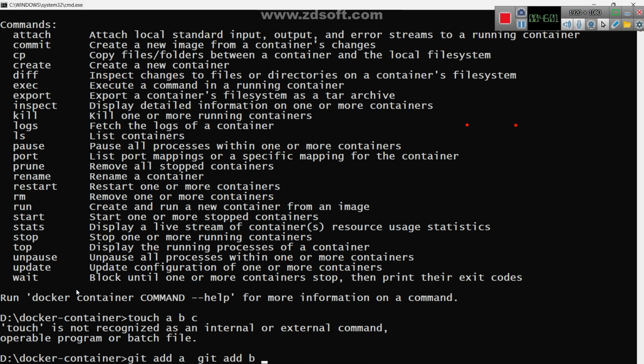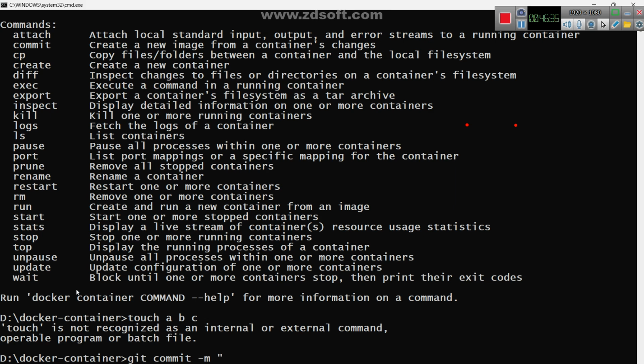Now, my question is, can I go for git commit for a specific file? Monica will tell the answer because she recently completed the Git course. Git commit for a specific file. Can I commit? Here 3 files are there, right? 3 files are added, but adding is okay. But committing, I want to commit. Generally, what you may use is git commit